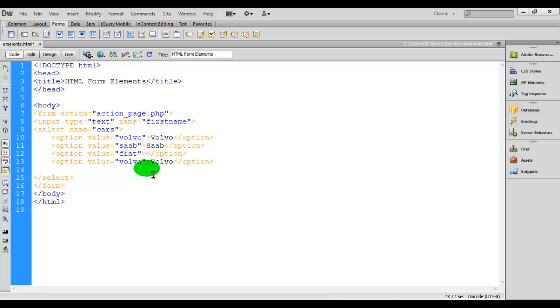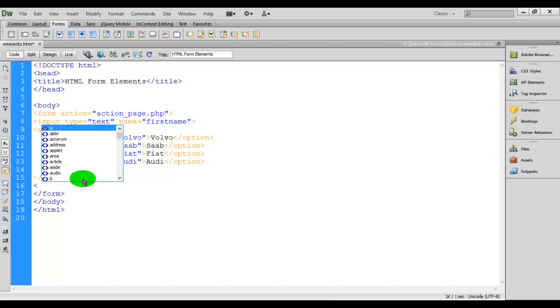This is another company for cars, and the last company is Audi, which is also a car company. Now we have created a drop-down list. Save the document.